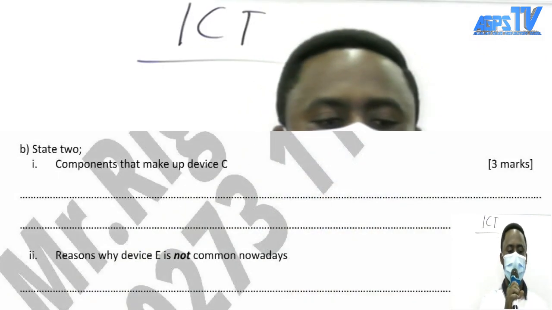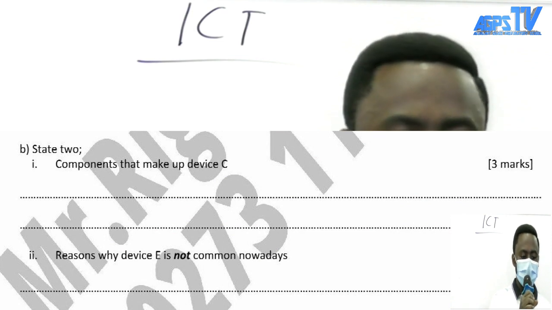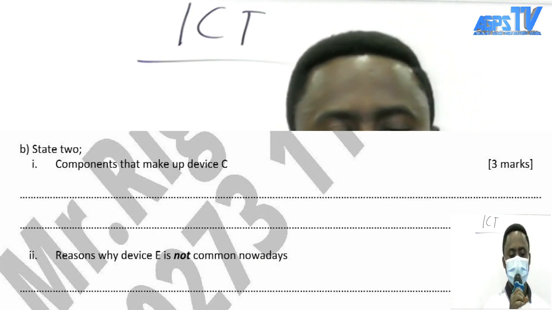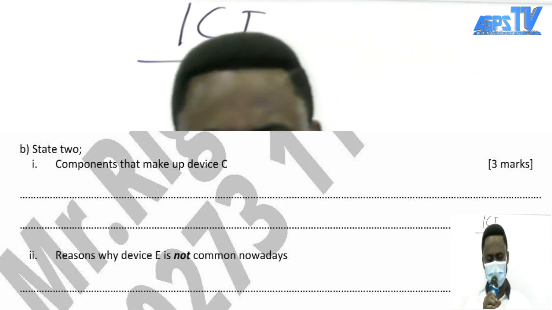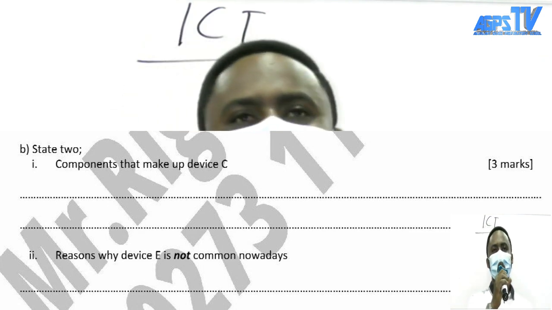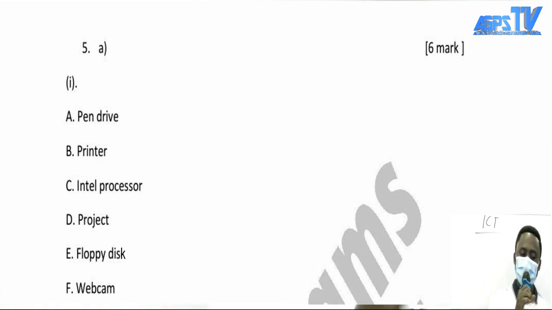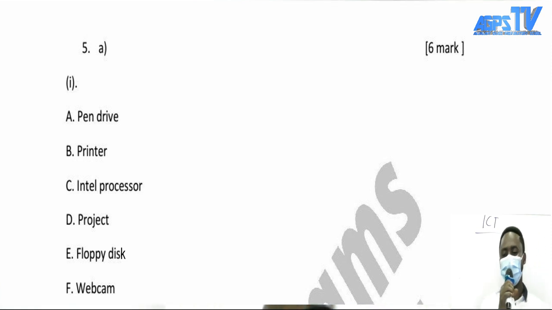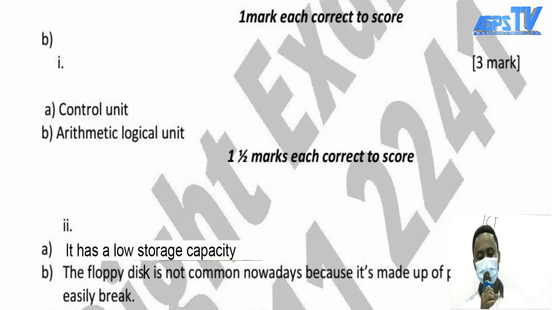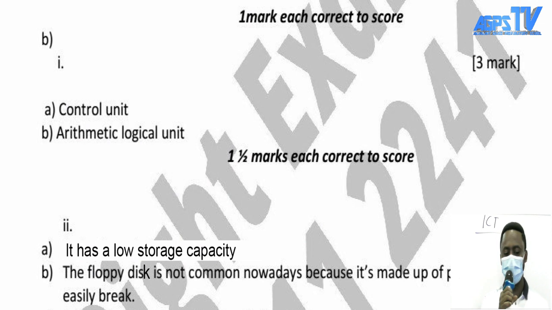that is BII: reasons why device E is not common nowadays. Now, device E is a floppy disk. They're asking us why the floppy disk is not common nowadays. Now, some of the reasons could be that